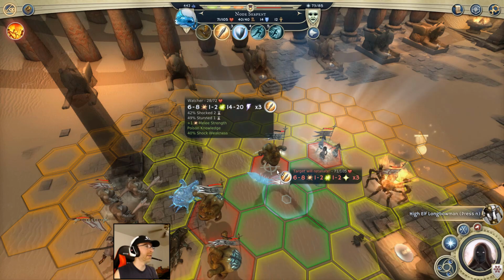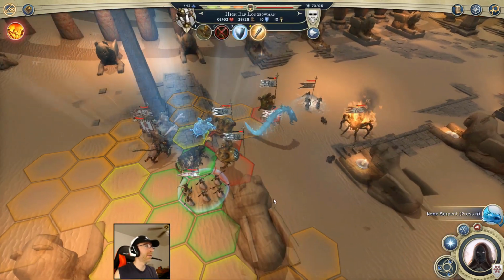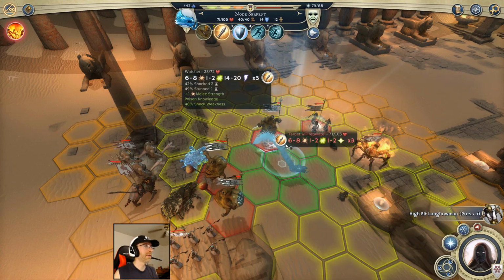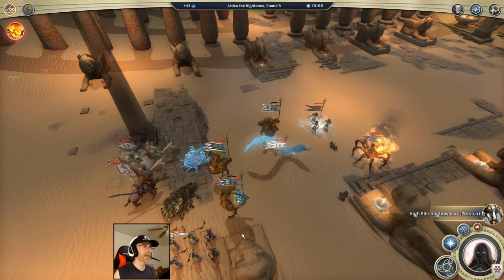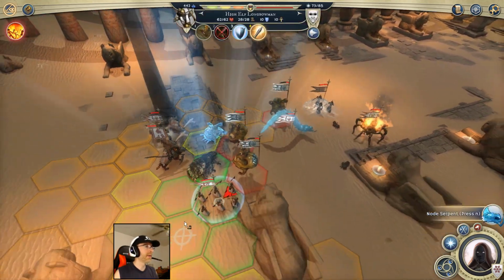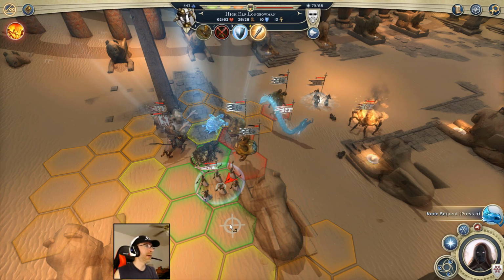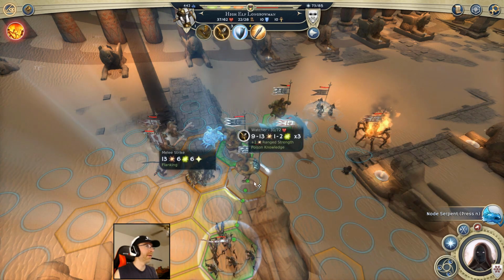I think this guy's good to keep. Actually, I might need him to get the longbows off of me. Or to get these guys off the longbows, rather. Node Serpent, Longbowman are the only 2 free. The longbows are going to take an attack of opportunity if they leave. But actually, I think that's okay. That hurt, but